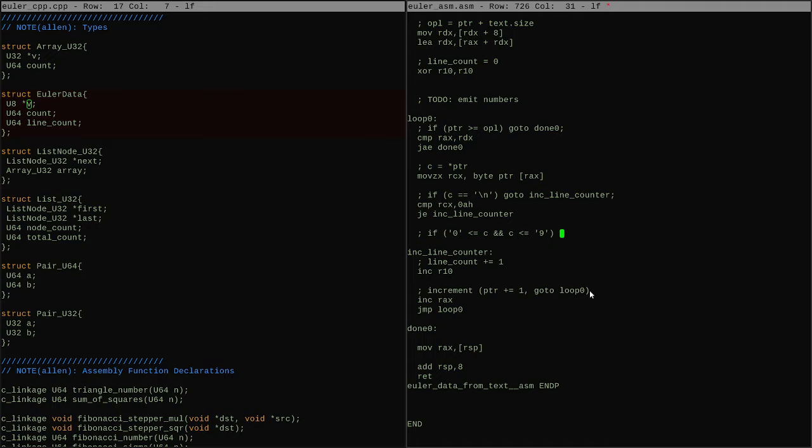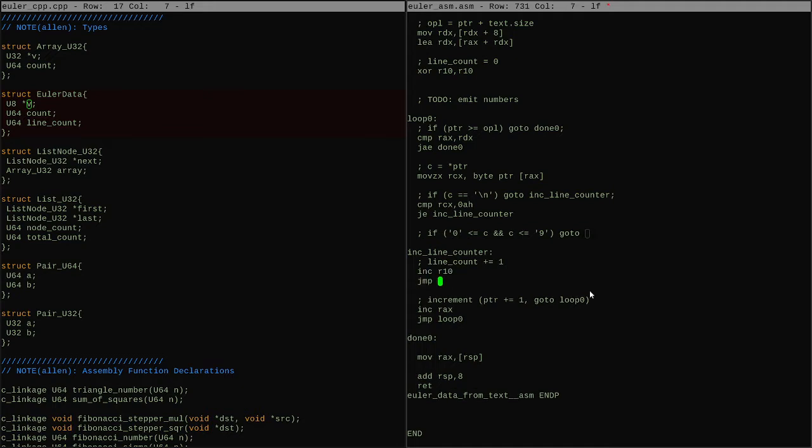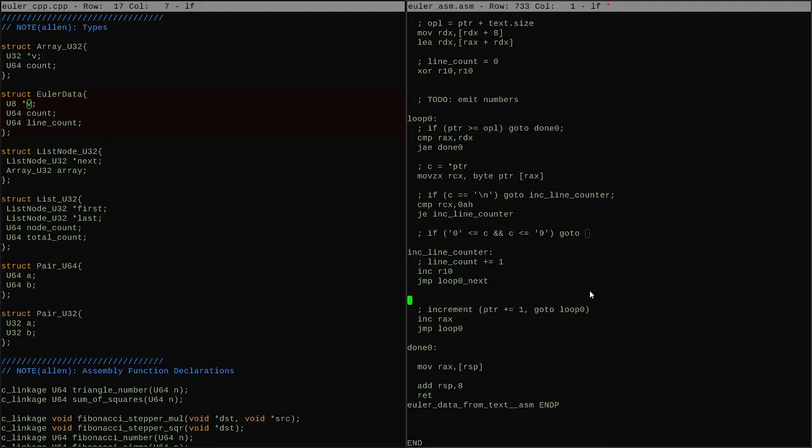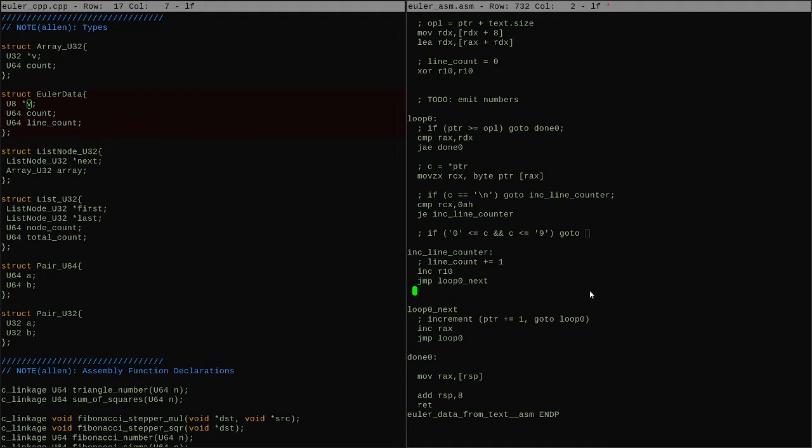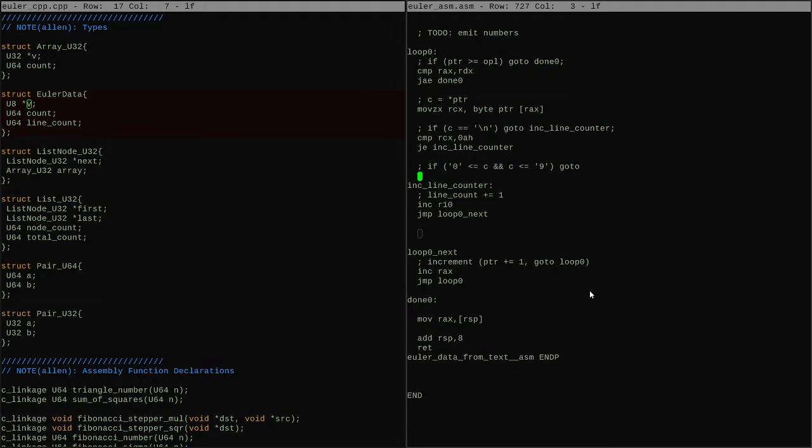Then we want to go to, I guess here we'll probably want jump loop 0 next, go to process digit,